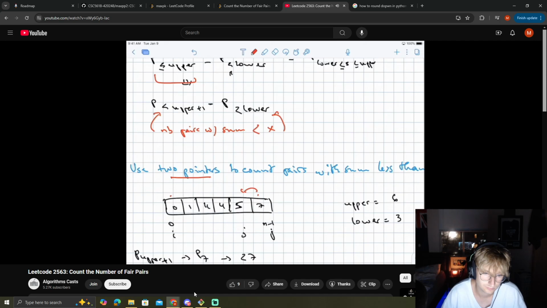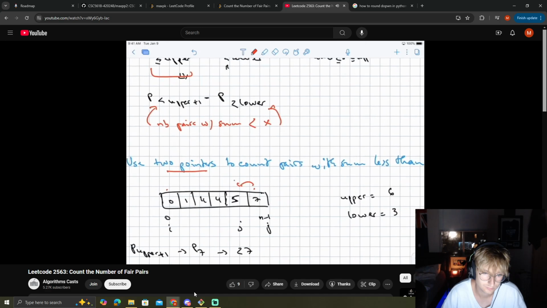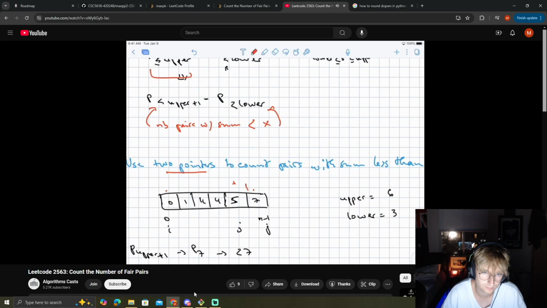So we keep moving it to the left until the sum is smaller than x. And the first time we find that the sum is smaller than x, let's say for example here at 5, that means basically that this entire portion is pairs that have sum smaller than x, because taking the biggest value,